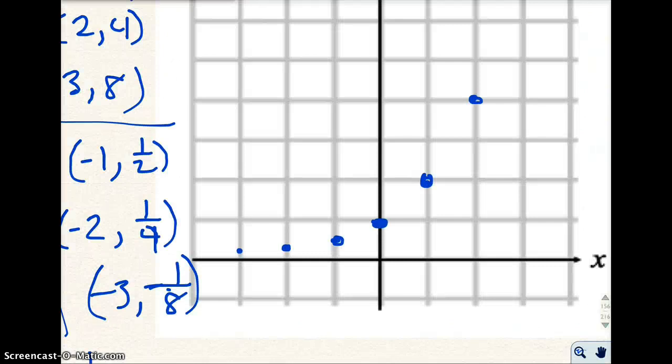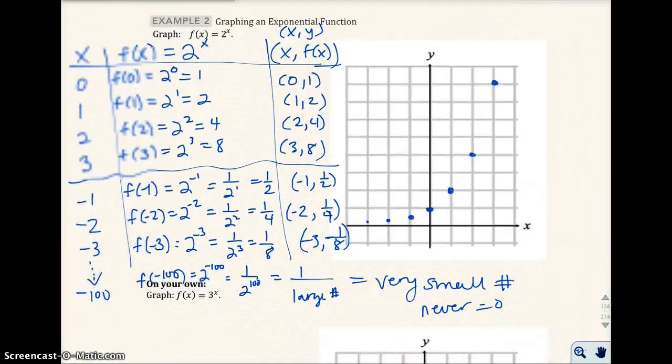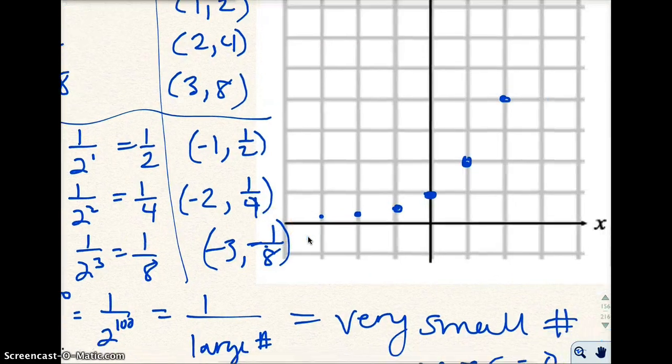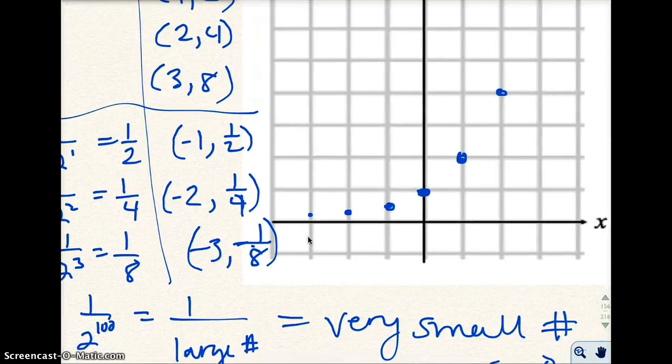And you can see that if I did the negative 100, it would be way down here, but it would be a very small number. It would still be more than 0. And so we're going to see we're never going to have that y value be 0. So we're going to draw a little asymptote like we did in the last section, the last chapter. Y is never going to equal 0. So we have a horizontal asymptote, y equals 0. So we know it's never going to reach 0. And that's why we draw that there, because we know this graph